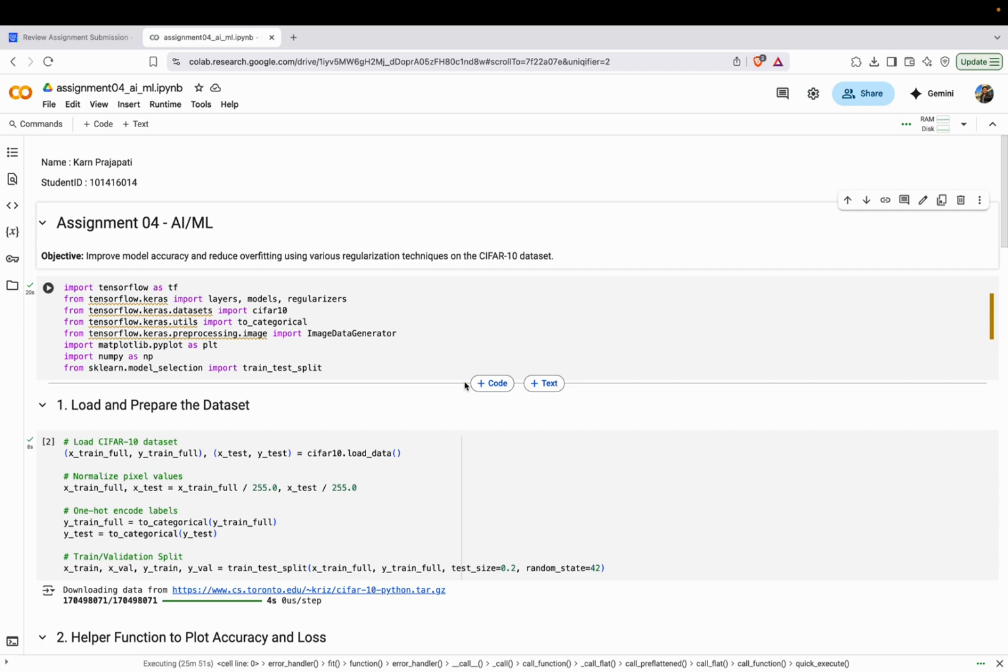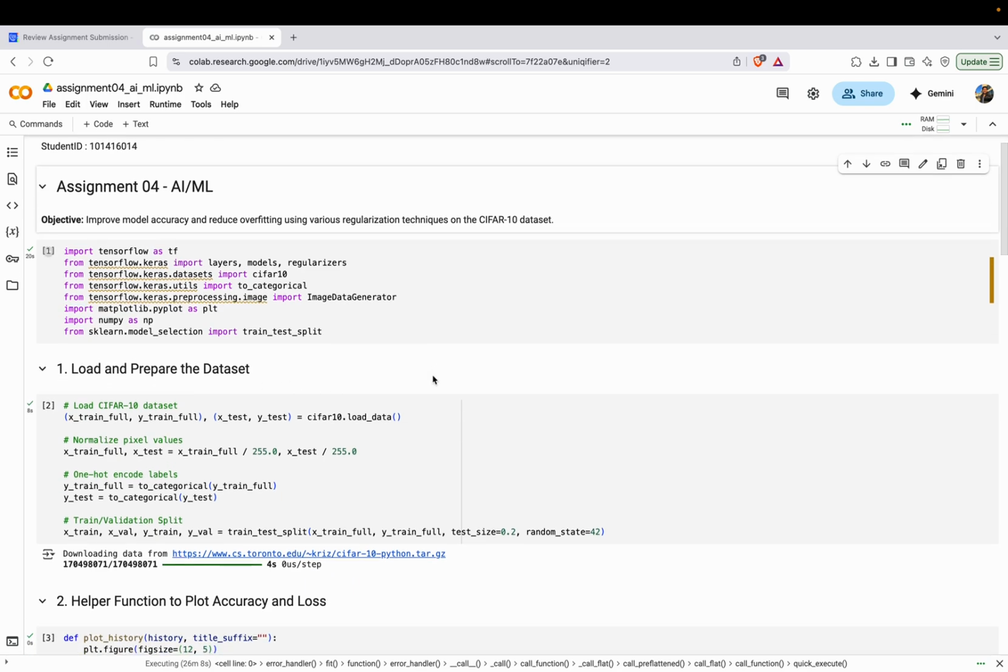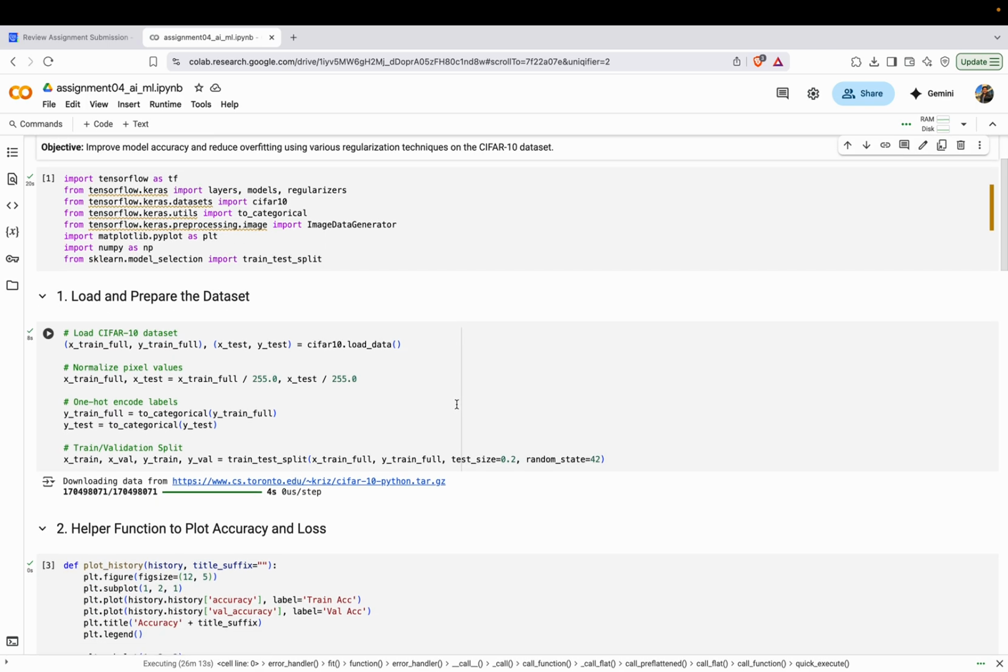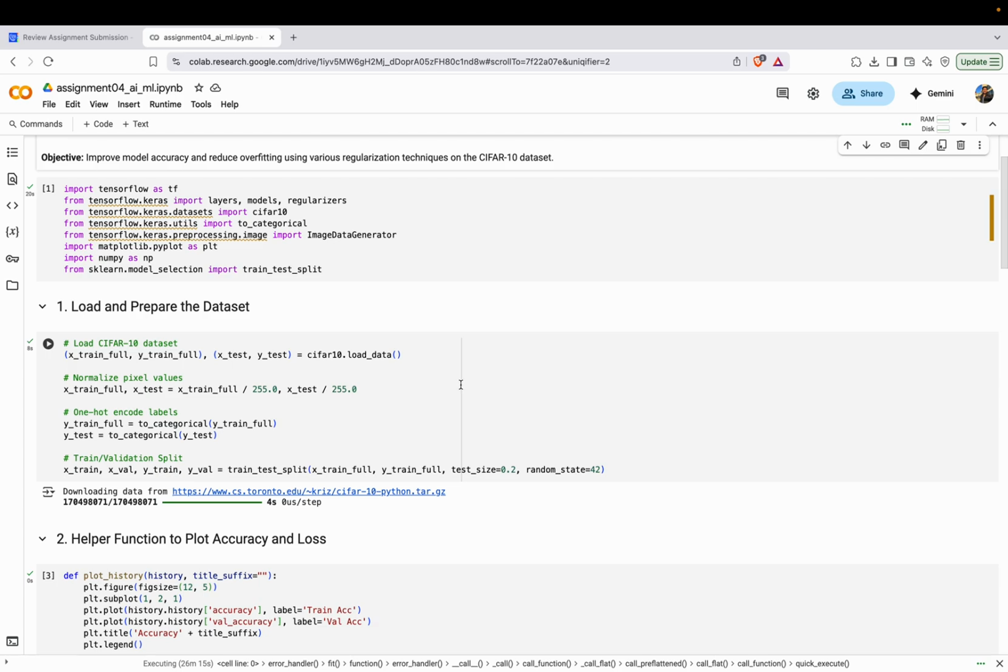In this assignment, I worked on building convolutional neural networks using the CIFAR-10 dataset. The goal was to demonstrate overfitting and apply different techniques like regularization and data augmentation to improve our overall model performance. So I used the CIFAR dataset, which consists of 60,000 color images categorized into 10 classes such as airplanes,